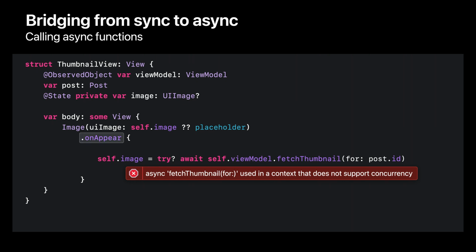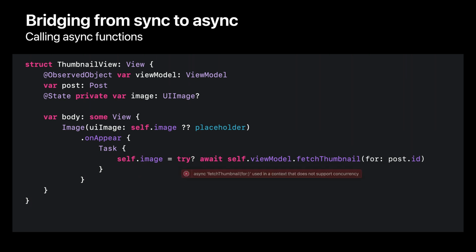Here, the onAppear modifier takes a plain, non-async closure. So there needs to be a way to bridge the gap between the synchronous and the asynchronous worlds. The solution is to use the async task function. An async task packages up the work in the closure and sends it to the system for immediate execution on the next available thread, like the async function on a global dispatch queue. Its main benefit here is that async code can be called from inside of sync contexts. After another rebuild, the compiler is satisfied.